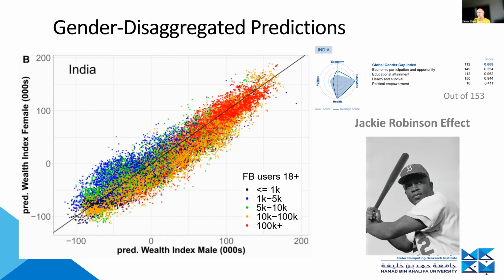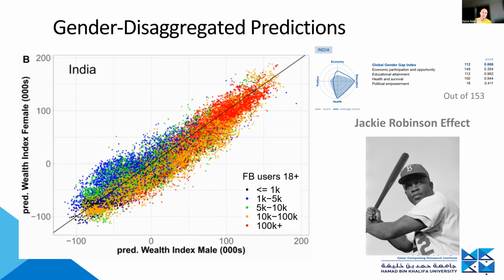What's going on here is the so-called Jackie Robinson effect. It's a particular type of survivorship bias. Jackie Robinson was the first African-American to play in Major League Baseball in the US. For him to make it, despite all the systematic racism, he had to be exceptional. If you look at his batting averages, he was one of the all-time greats of baseball. Now, if you only look at him and extrapolate out to all African Americans, you think all African Americans must be exceptional at baseball, because those are the only ones you see. They need to be, otherwise you wouldn't even see them.